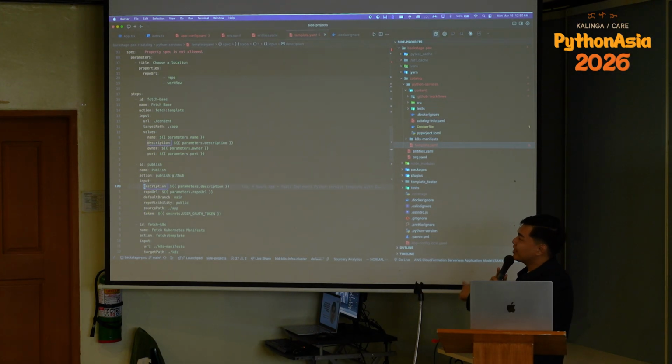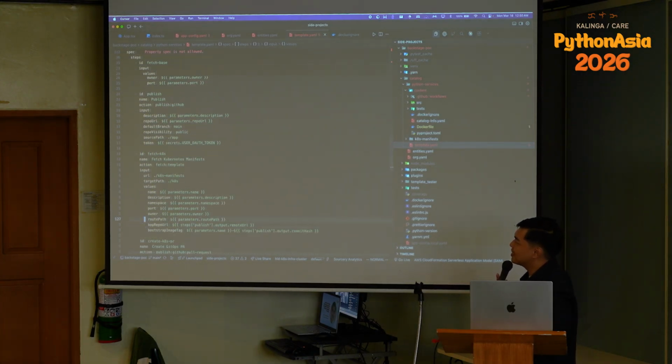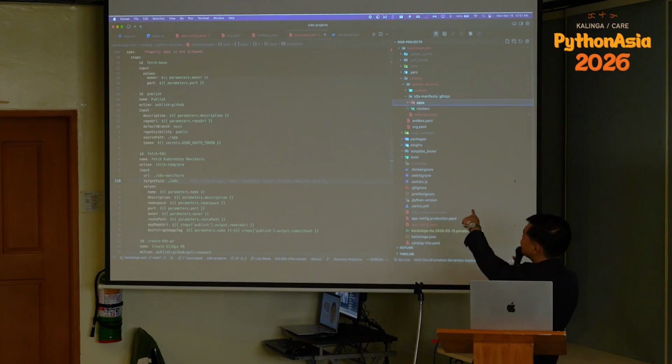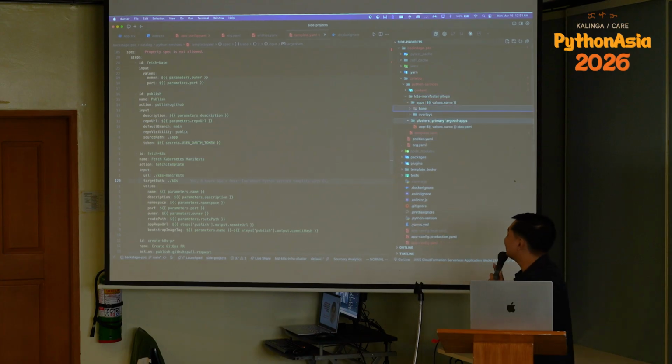And then we're going to publish that to GitHub. So we're essentially going to create our very own repository from this. After that, we're going to create the Kubernetes manifests to deploy this to Kubernetes. We've also predefined the URL, the folder directory of where these manifest templates will come from. So it's in this k8s-manifest GitOps something. That's pretty much all of the templates, and it's all in a template language that we can reference.